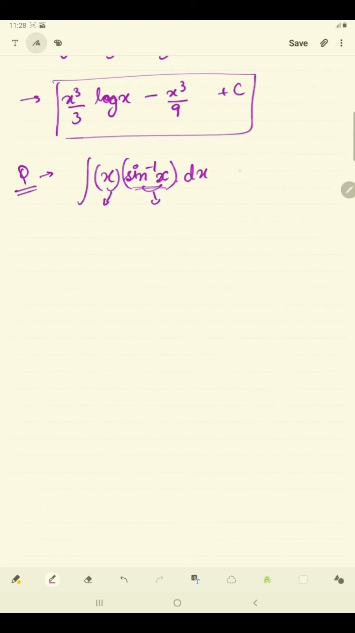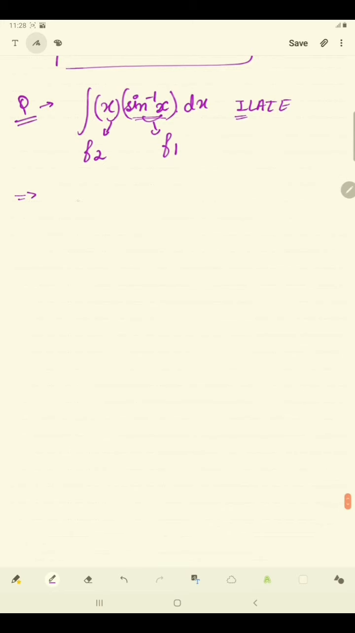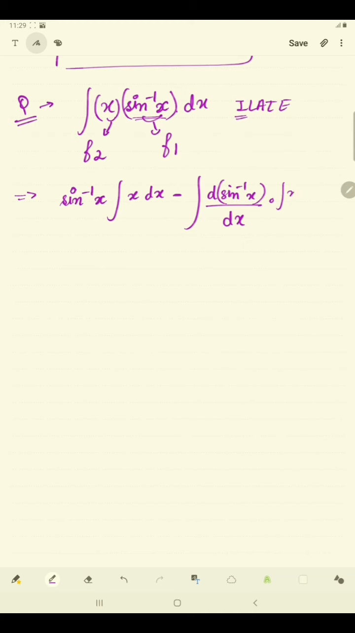So since this is an inverse function, isolate inverse. Since sine inverse x is an inverse function, we take it as f1 and this is f2. Now applying the formula, sine inverse x integration of x dx minus integration of differentiation of sine inverse x upon dx dot integration of x dx